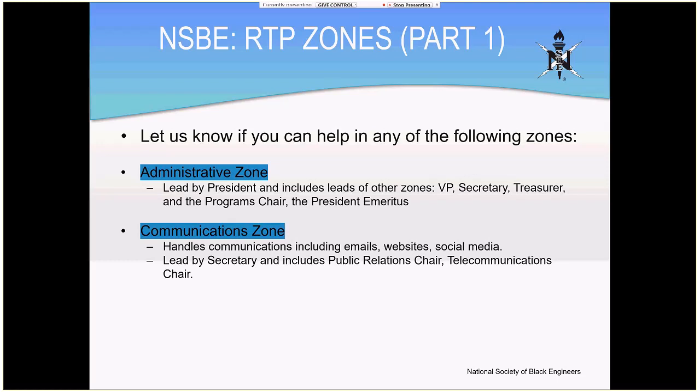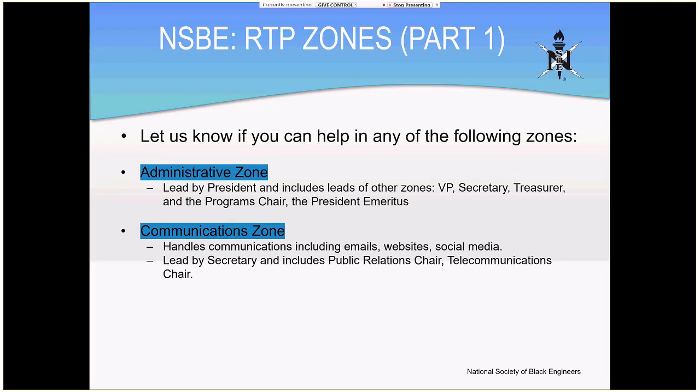So if you see any of the zones that appeal to you, or something you would like to do, please get in touch with us. Like I said, we could always use some help, and it doesn't have to be anything big. If you want to help in any large or small way, just let us know.